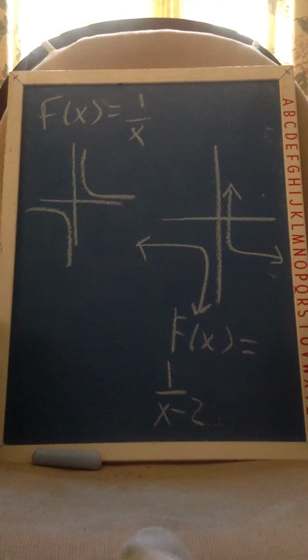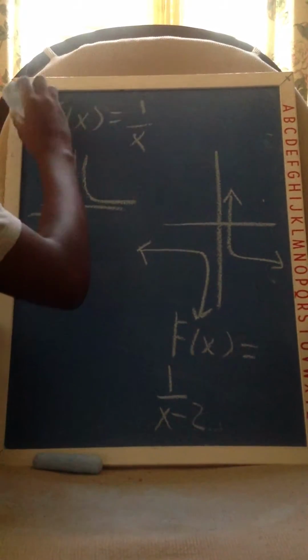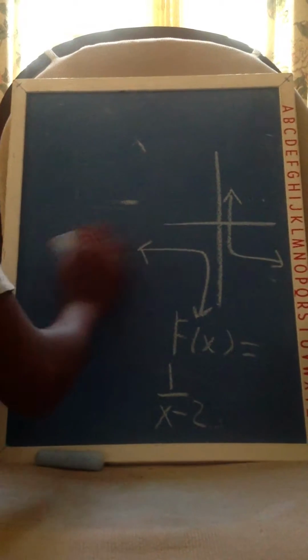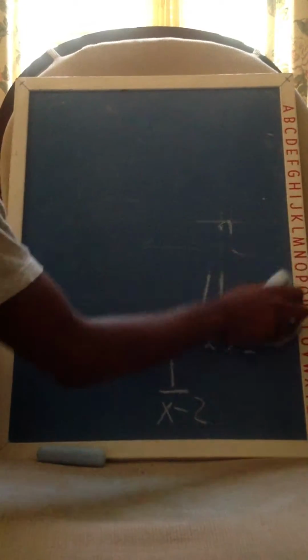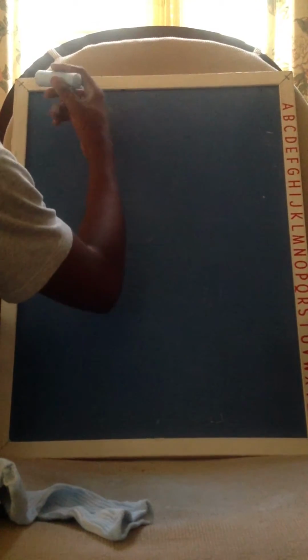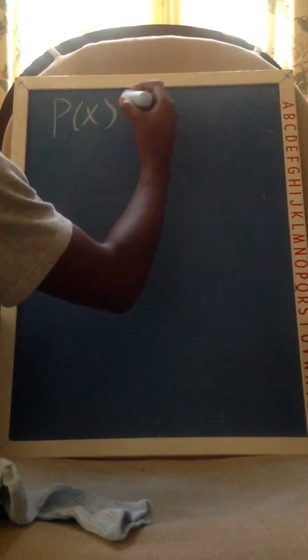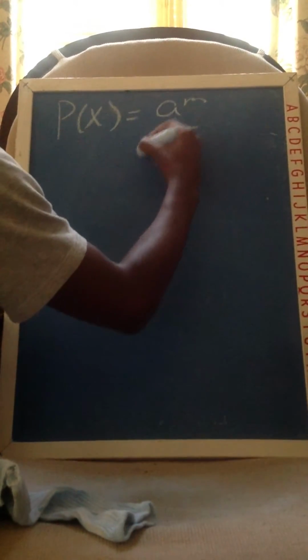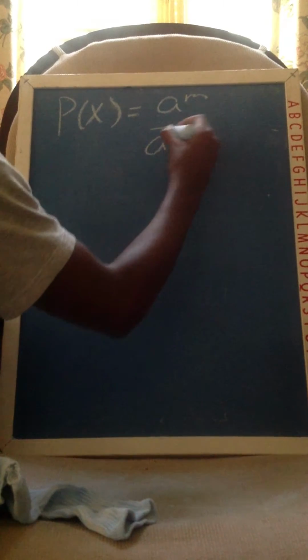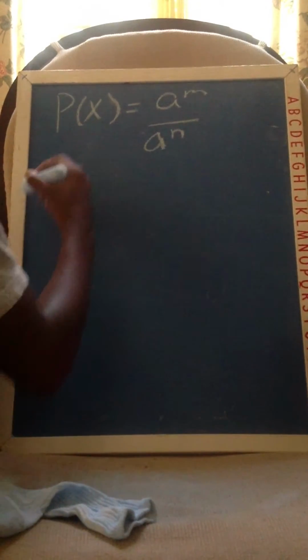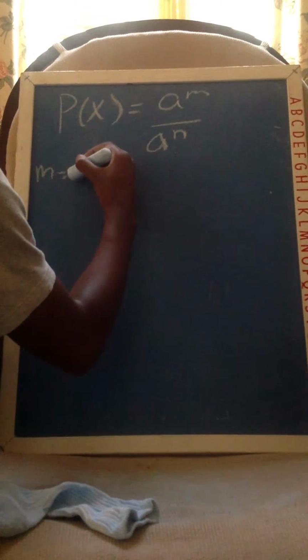So now we will move on to rules when finding asymptotes with rational functions. We will use this as a diagram of what I will be talking about in this part. P of x equals a to the m power over a to the n power. When m equals n,